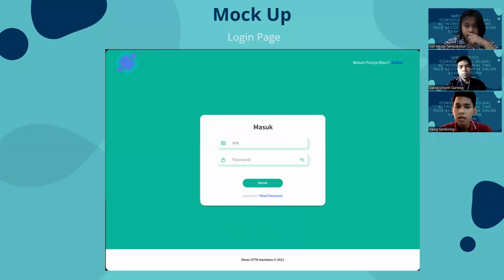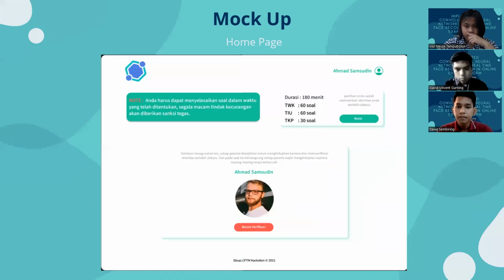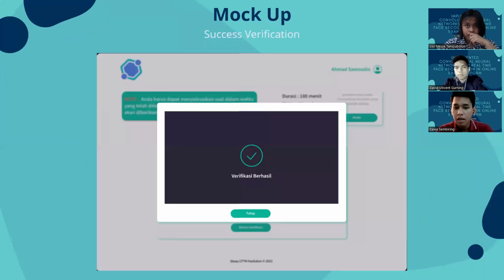Then on the next page, there's a login page. This is just the usual login page that requires your username and password to log in to the website. And after you successfully log in, there's a homepage. On this homepage, you can see details about the exam, which are the duration and how many questions there are. But the important thing is there's a card at the bottom which tells us that your ID is not verified yet. So you need to click the red button at the bottom, and after you click it,